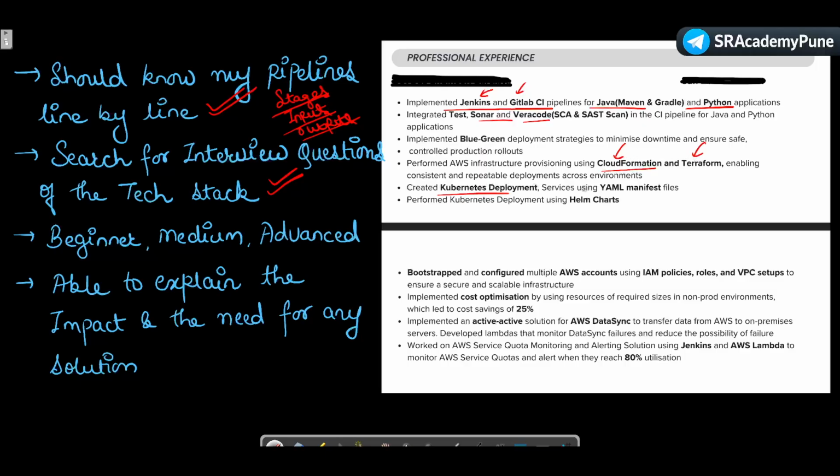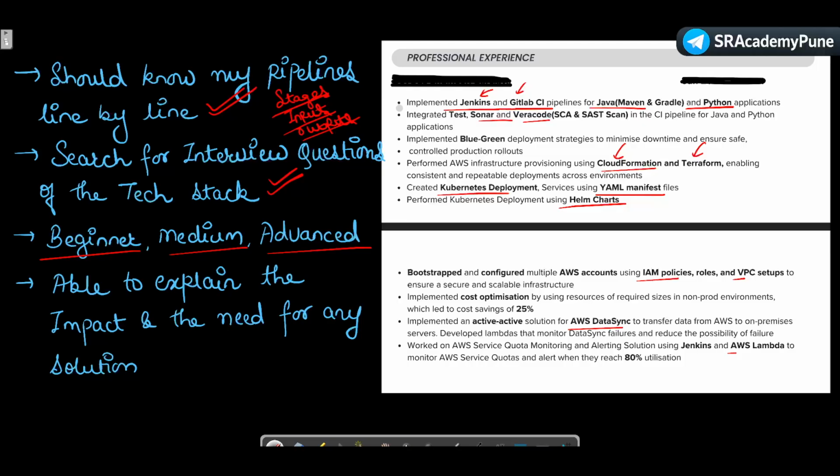Same for Terraform, Kubernetes, YAML, Helm, VPC, then DataSync, and then Lambda. Then just go through 3 levels for each and everything: beginner, medium, and advanced. So this is the bare minimum you should do, because of how the interview direction goes.